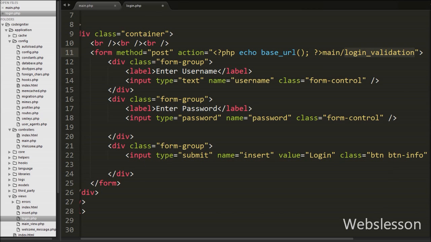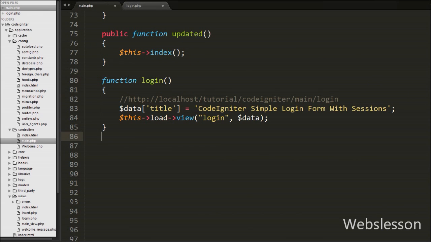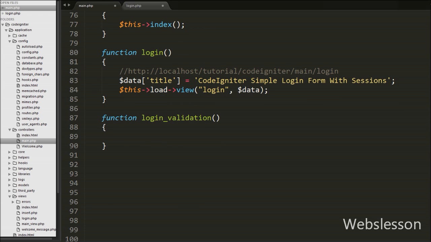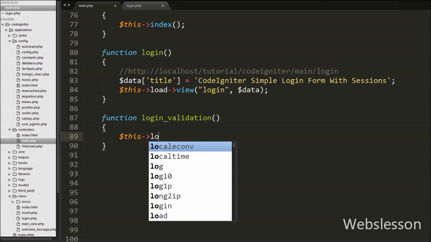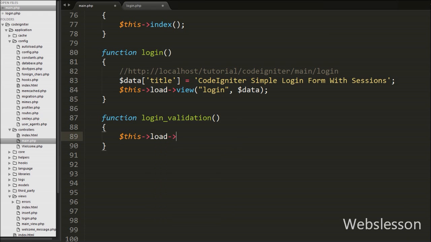So in the main controller we have to write a function, login_validation. This way we have to create a function in the controller. So when the login form has been submitted, at that time this function will be called. Under this function, first we want to put validation, like the value of both text boxes, username and password, is